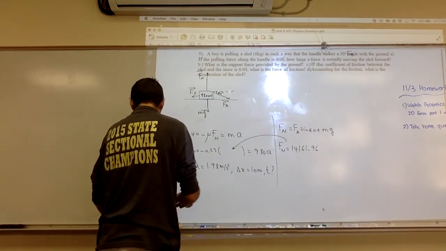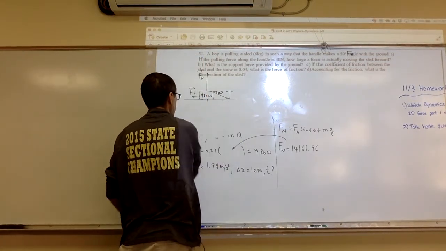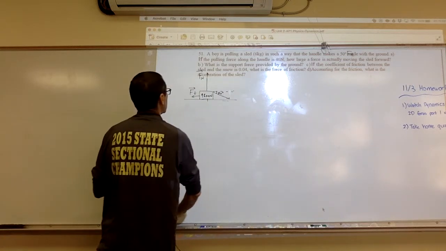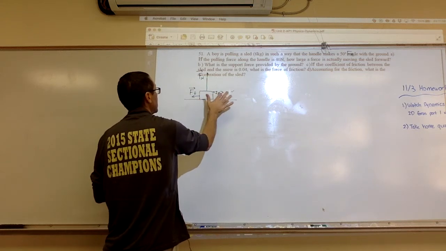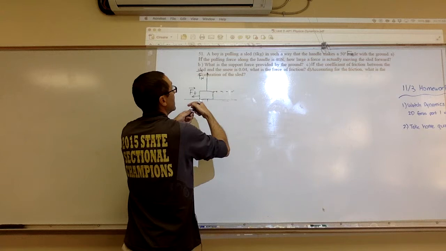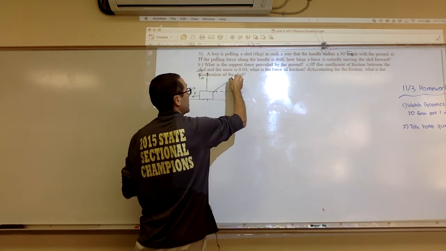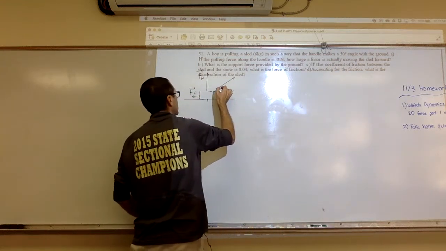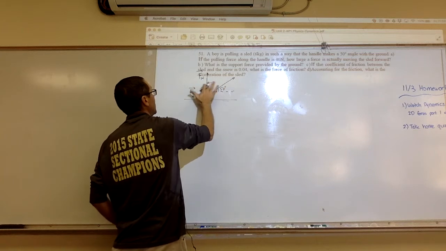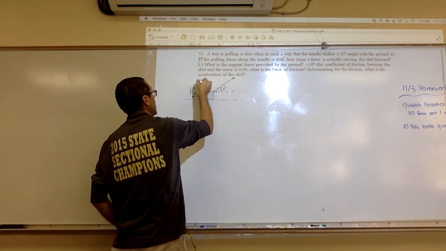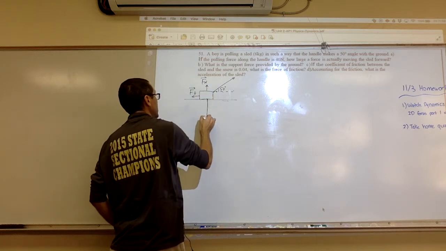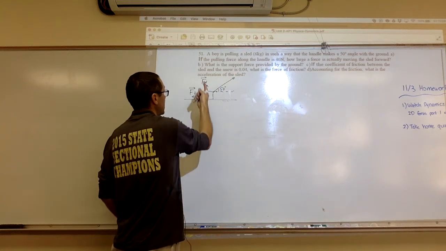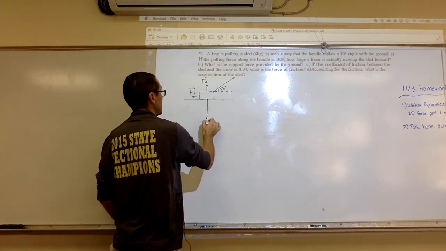Okay, so we're looking at 51. All right. Now we're pulling, I guess, right? Yeah, it's pulling a sled at an angle. And we're making a 50-degree angle. Now, if you're pulling up, the Fn should be smaller than the mg, because part of the applied force contributes to supporting the object. So this is my mg,